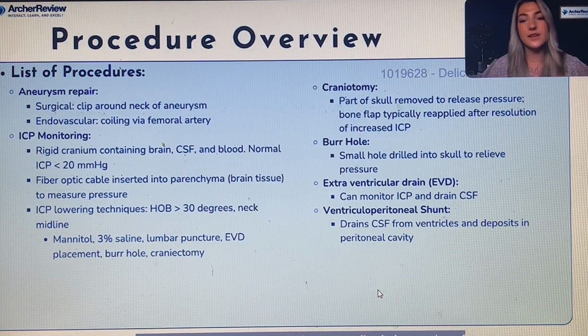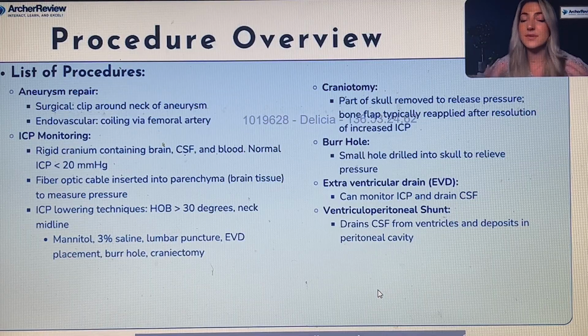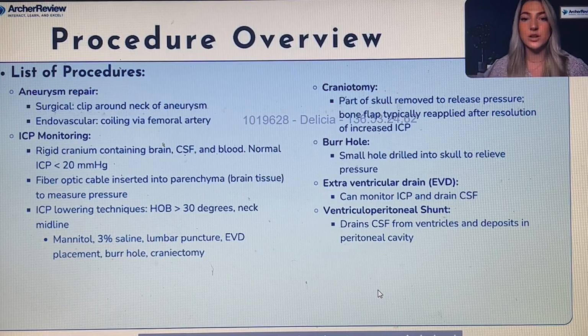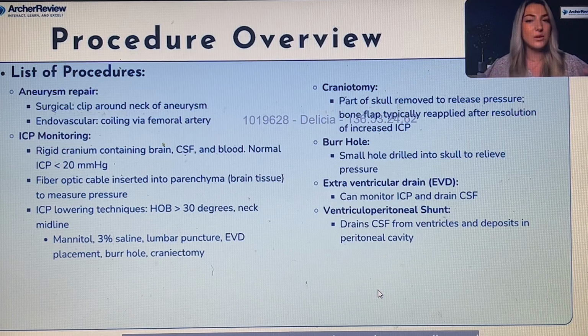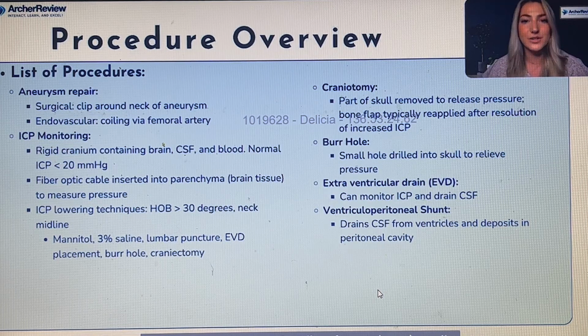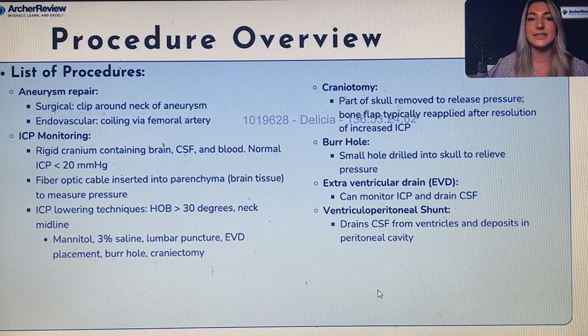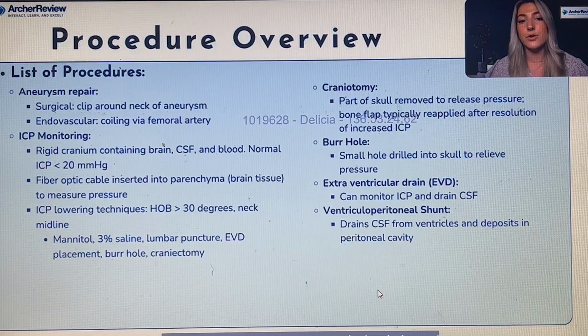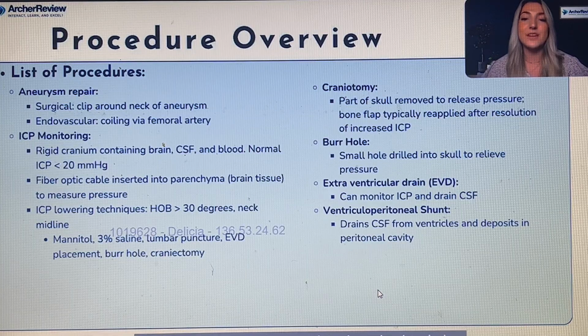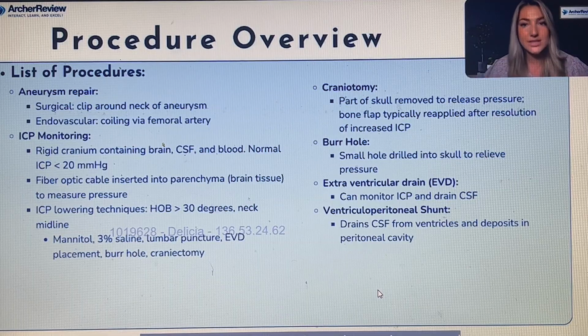We talked about a lot of different procedures when we discussed the management of different neurological disorders, but I want to circle back, go through them one more time so that we have a really good understanding of them. So a list of procedures here, I've included aneurysm repair, ICP monitoring techniques, craniotomy, burr hole, extraventricular drain, and ventricular peritoneal shunt. And I've kept the descriptions really simple and concise so that you have a good general idea of